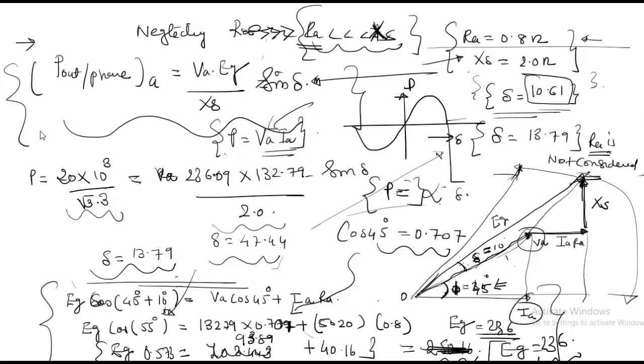When this angle changes, it will affect your EG. So based on how my EG changes, it's possible to see how my delta changes. That's how the power angle is related to delta, and if you go through your textbooks or references, there's an equation which relates power angle to delta, and that's how you can compute a power angle curve. So that was all I wanted to say in this lecture, and